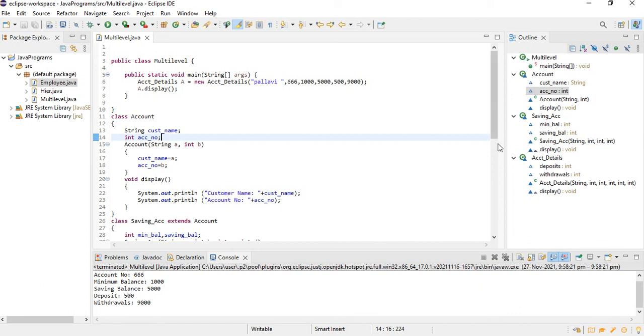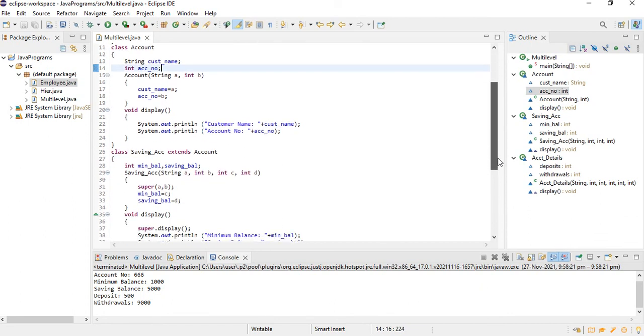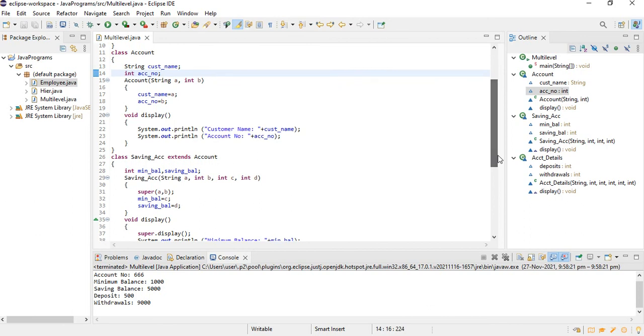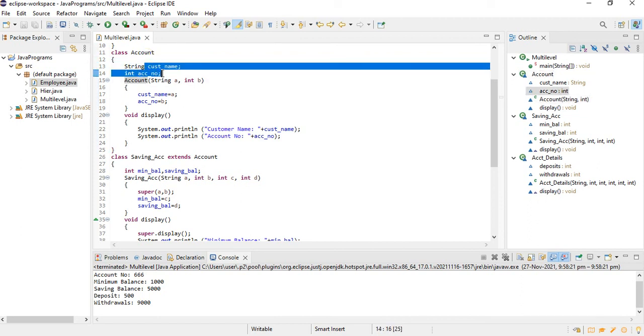So here is an example of multi-level inheritance. I'll start from here. This is my grandparent class, and my class name is Account. It has two data members, customer name and account number. Here is a constructor, because its name is similar to the class name. Using the constructor I assign values to my customer name and account number.